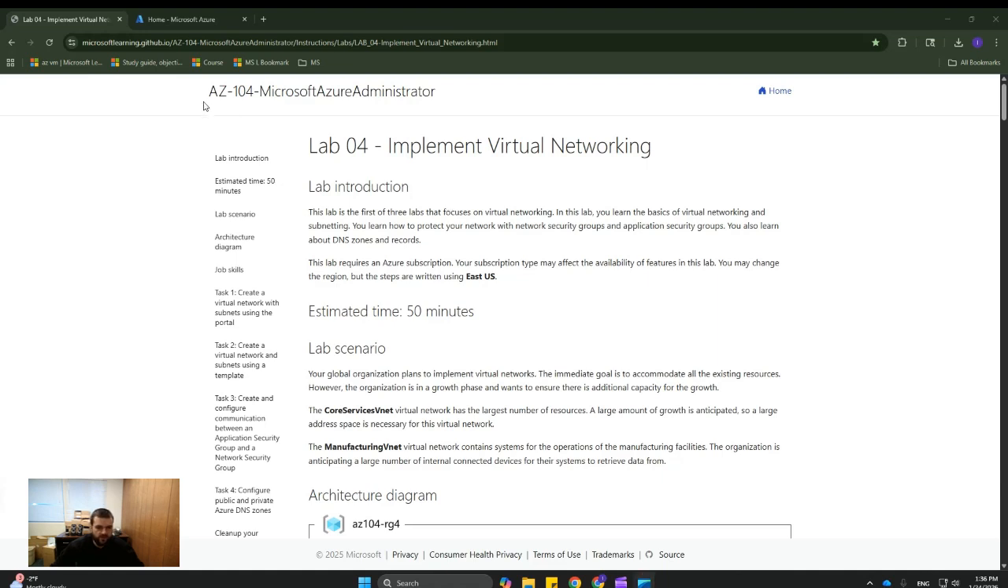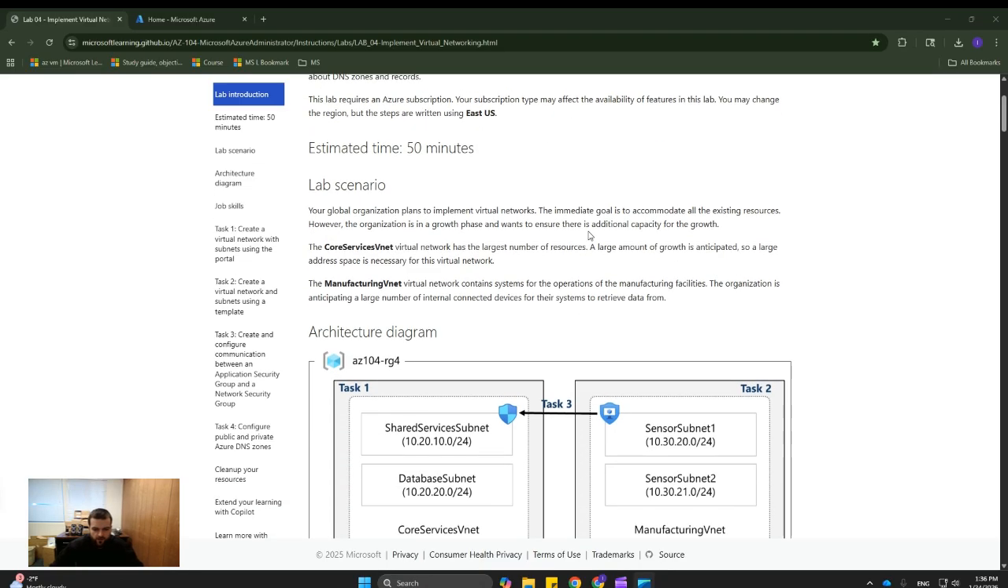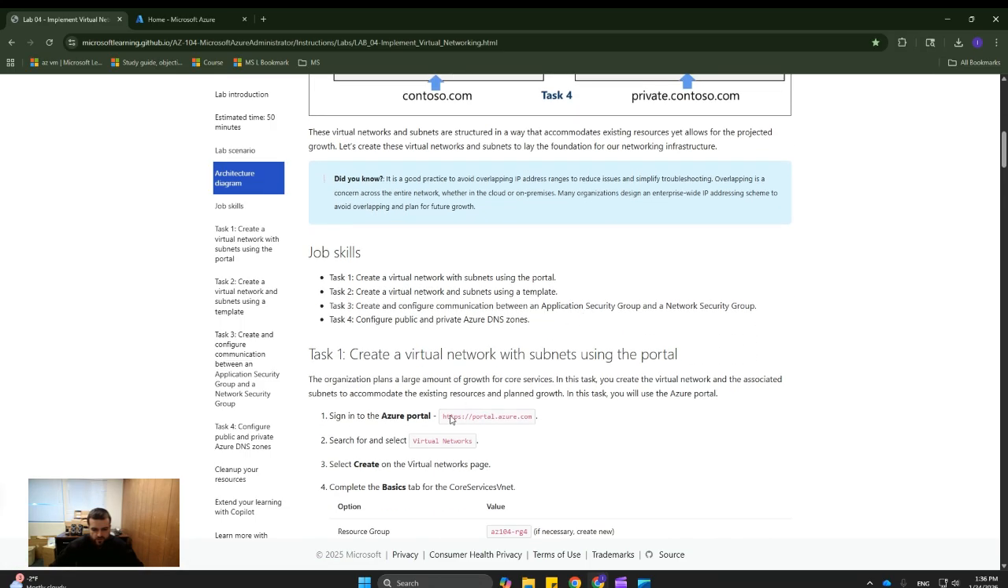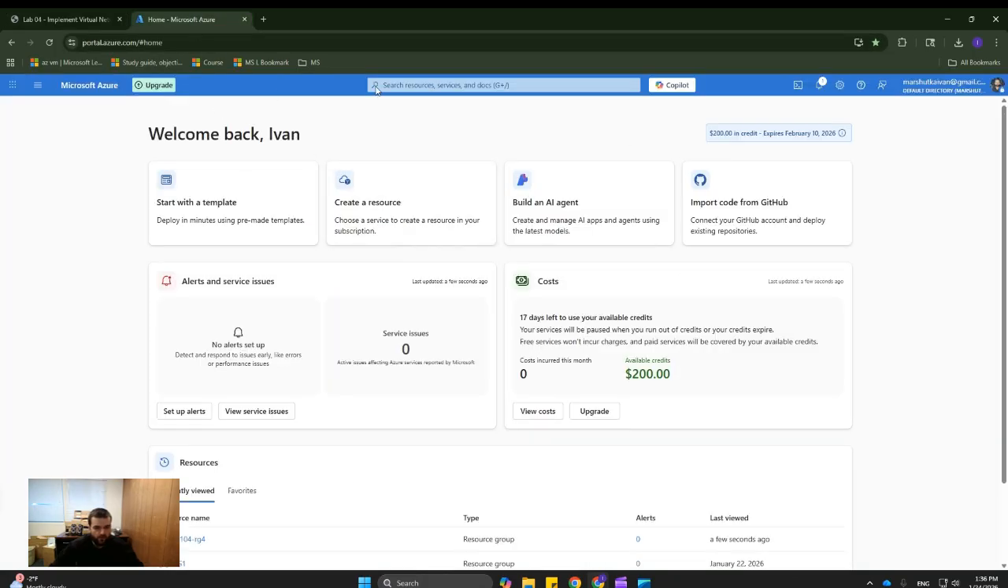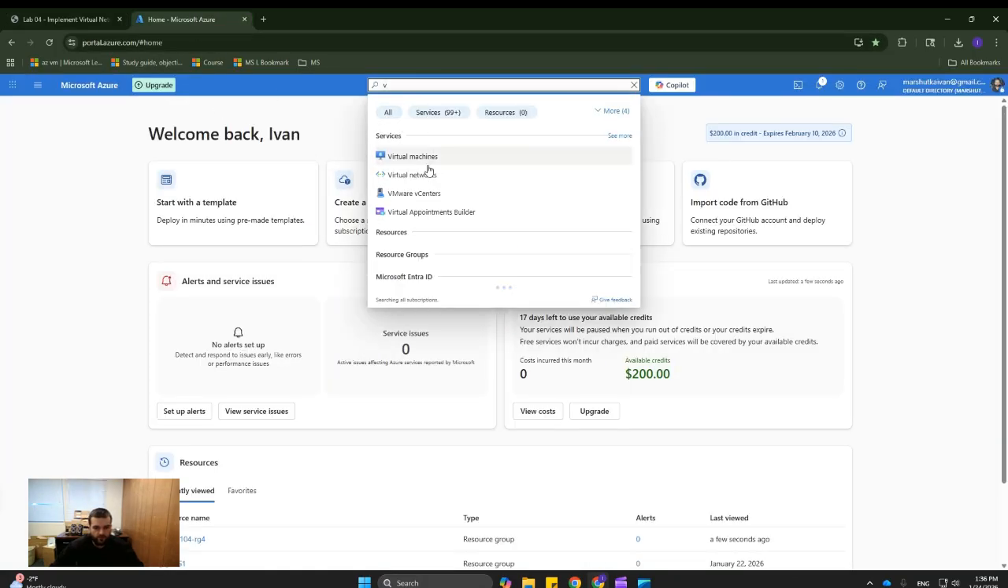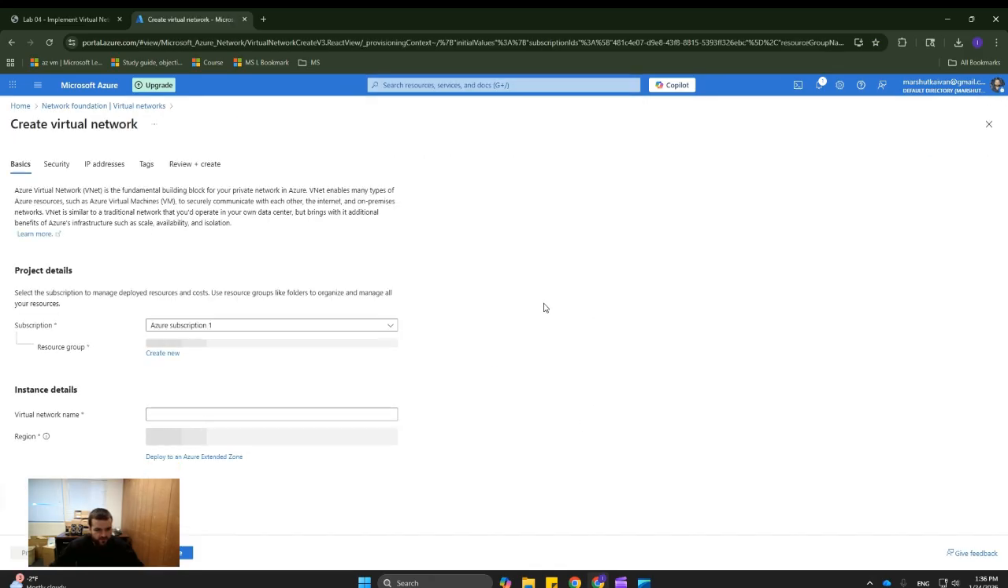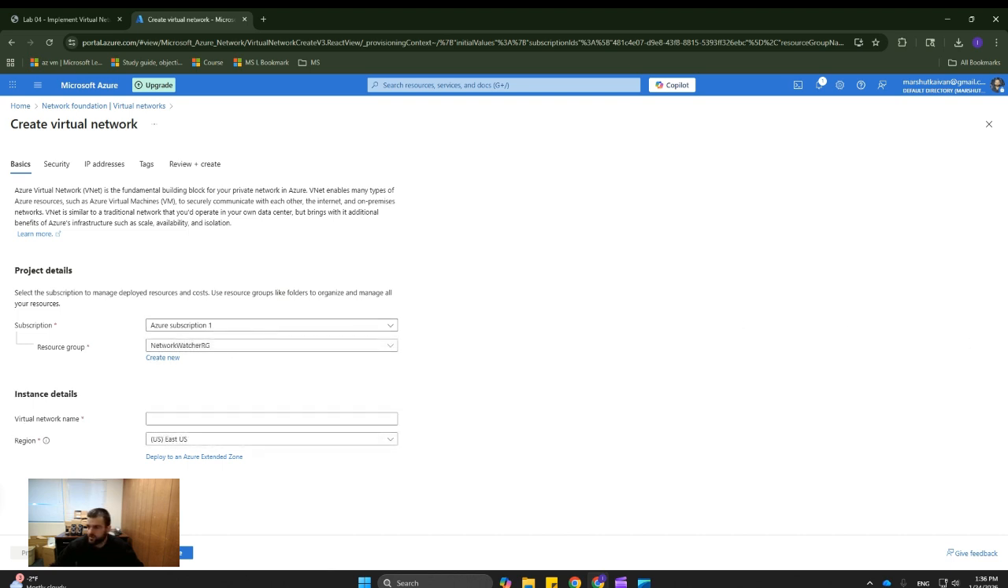Let's do some labs. AZ-104, implement virtual networking. Architecture diagram, we'll have to create two VNets, and each of them will have two subnets. Let's go straight to Azure portal. VNets, virtual networks. Let's start and create the first virtual network, which will have the name